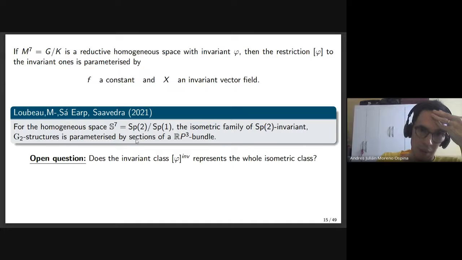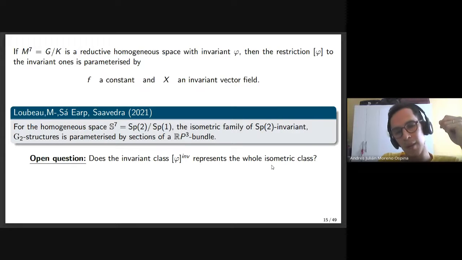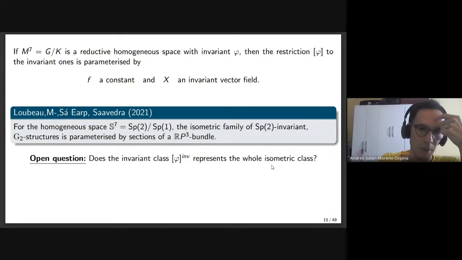But an open question for this result, for example for the 7-sphere, and of course for a general homogeneous space, is whether the restriction of the isometric class to the invariant structures represents the whole isometric class. It means to ask if there is a non-invariant G2 structure inducing an invariant metric, for example. And of course, as we saw in the previous slide, the construction of the metric from the G2 structure is non-linear. So maybe a direct answer to this question is not possible, but